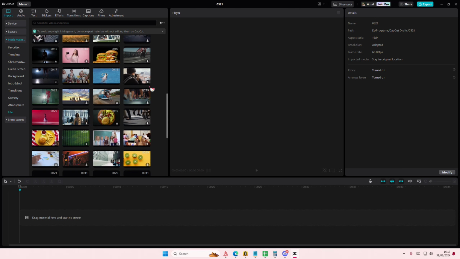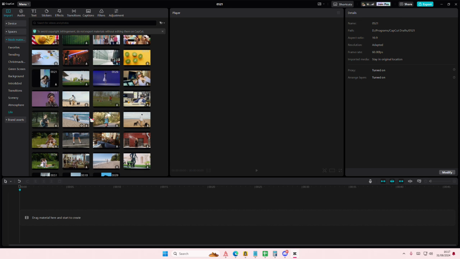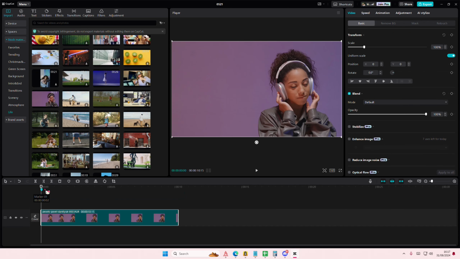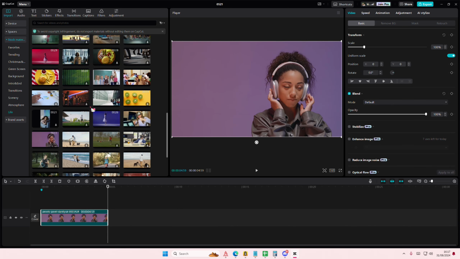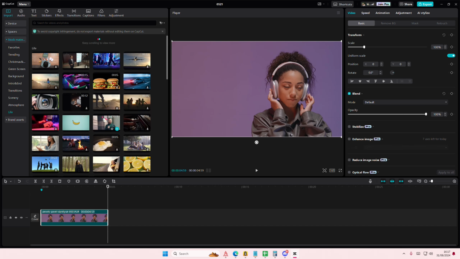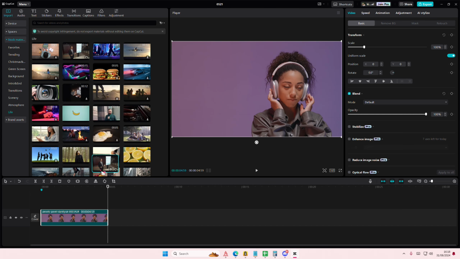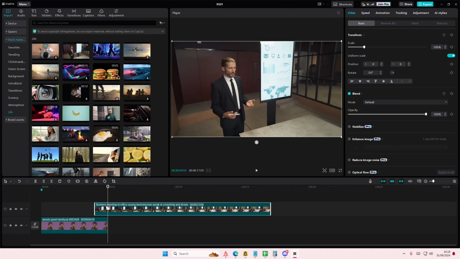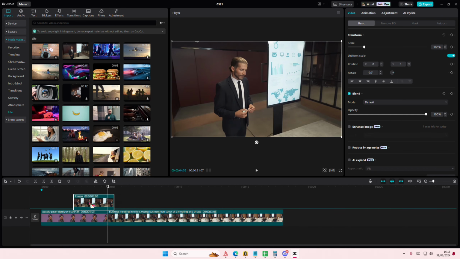In this video, I'll be showing you guys how you can create the smooth freeze frame video transition on CapCut PC. I'm just going to select this video here and I'm just going to make it a little bit shorter. Then I'm going to add in, let's say, this one. And we're going to basically freeze frame it, okay, here, and then we're going to place it on top,